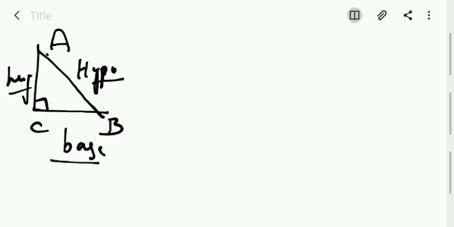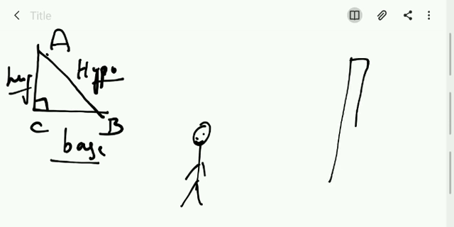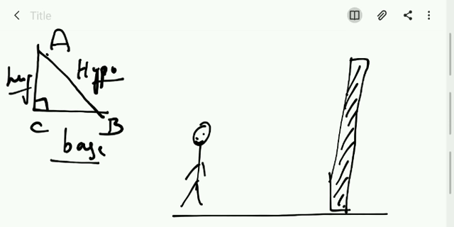Now, where do we see this right angle triangle generally? Imagine a very classic example. A person standing with a happy face and staring at an electric pole. He's standing on the ground and staring at the peak, that means the last point of the electric pole. Now if I consider this as a horizontal line,